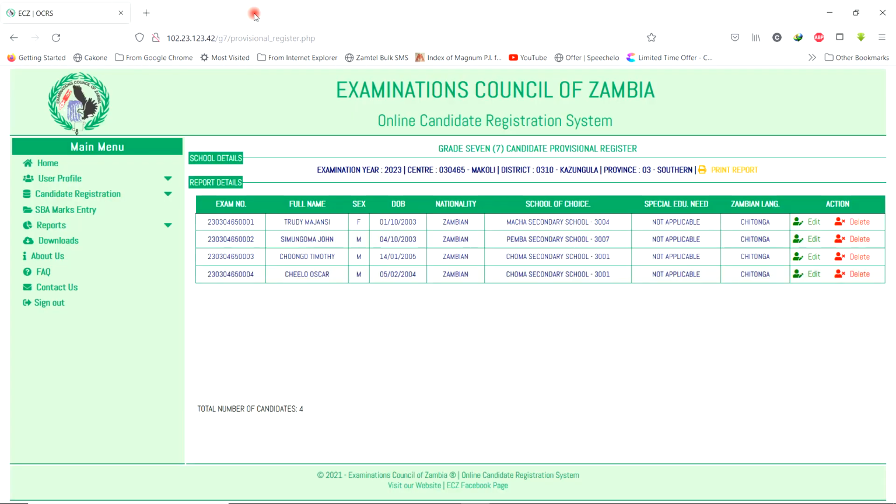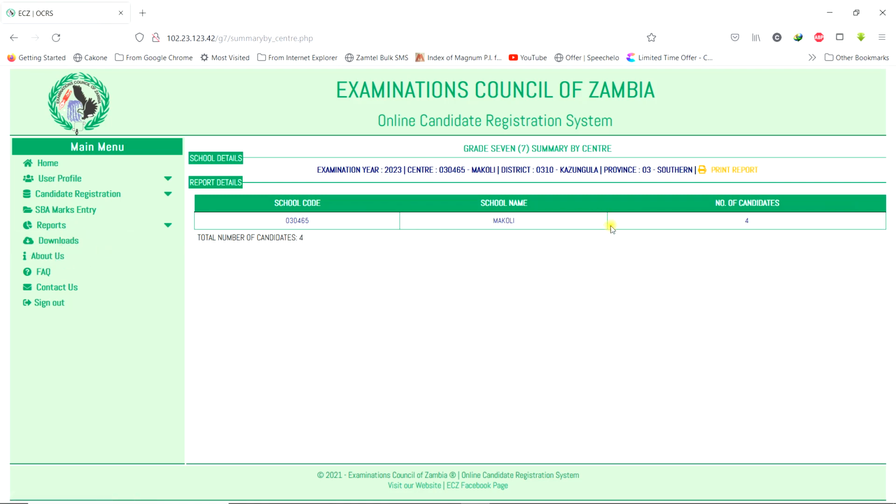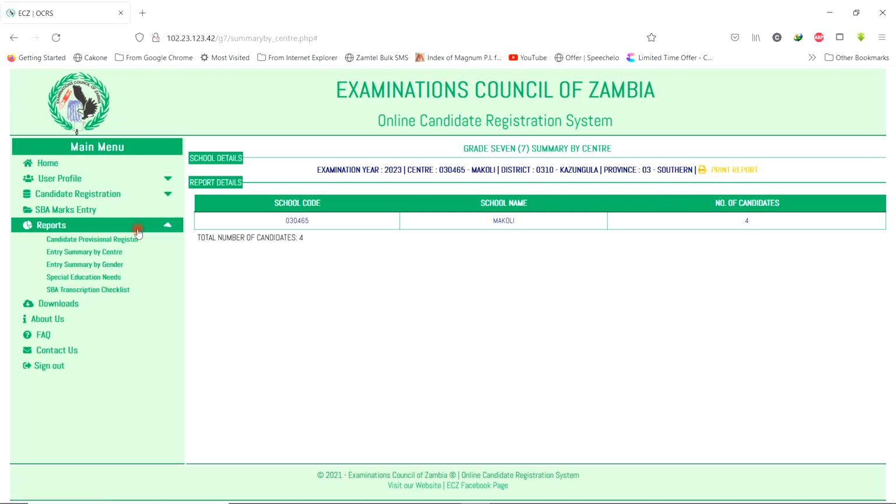Alright, let's get back. So if we want to view another report like center summary, we just click on it, and this is how it shows. If we want to print a report of the center summary, we click on print report so that it can be downloaded as PDF. If we want to view a report for a summary by gender, we click on it